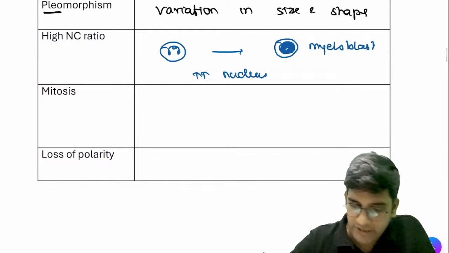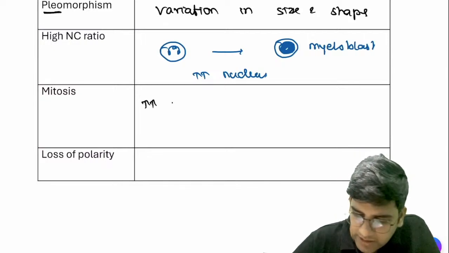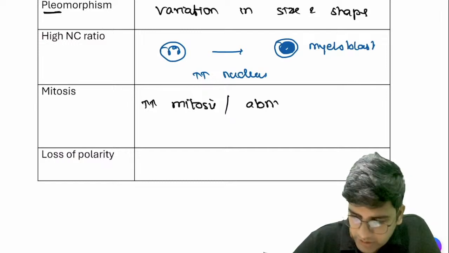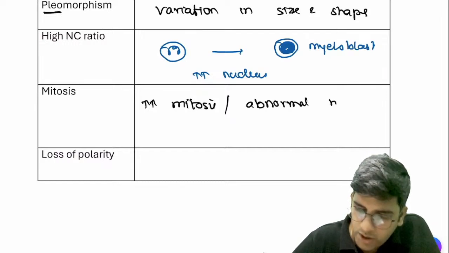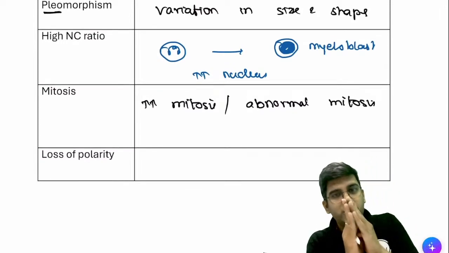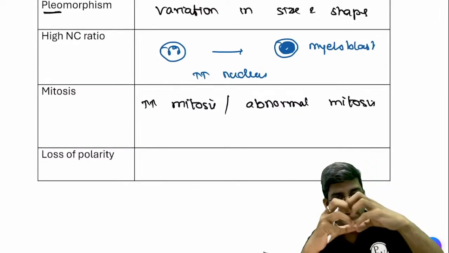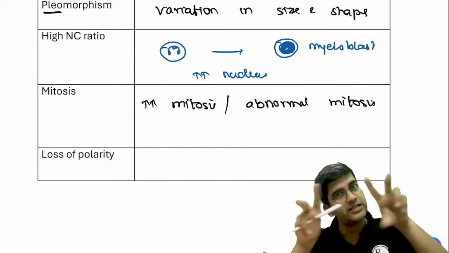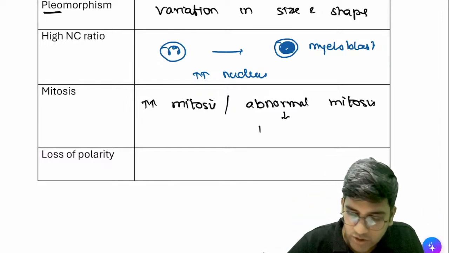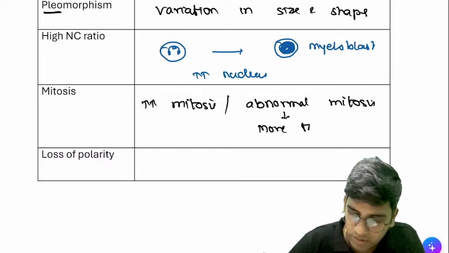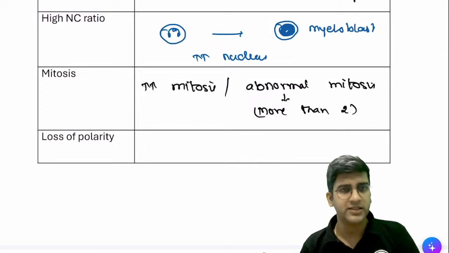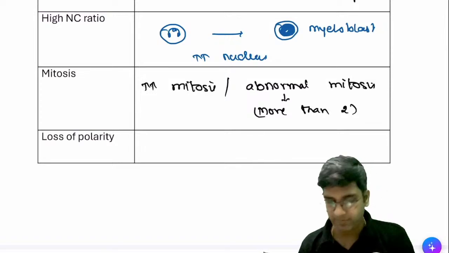Let's come back to mitosis. Either I should have an increase in mitosis or an abnormal mitosis. Normally in mitosis, at the telophase, one cell will divide, the chromatin will go to the corner, mitotic spindles form, and it becomes two new cells. Abnormal mitosis is when anything is more than 2. Normally, we get only 2 new cells. Abnormal is others, right? Loss of polarity, we'll look at with a few examples, fine?